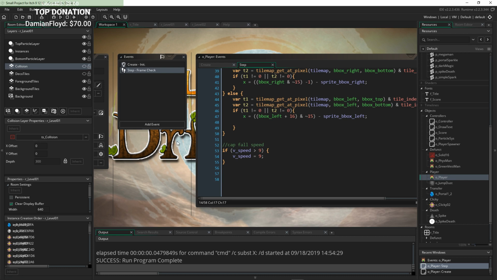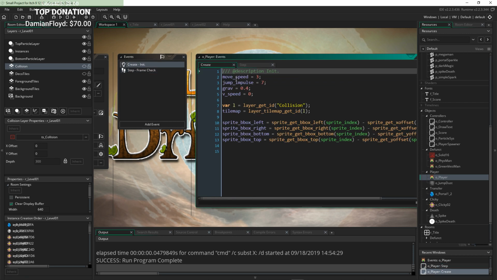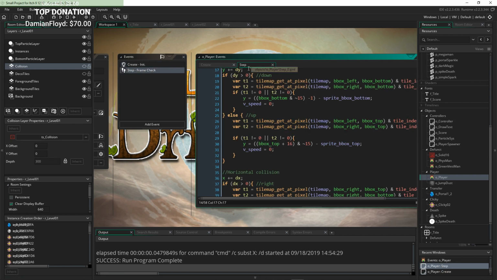Somewhere in the player, I want to control the speed, because the speed is defined as 3 at the beginning, move speed, and then it's not adjusted at all. But I want to be able to adjust it and put it back without causing bugs. So